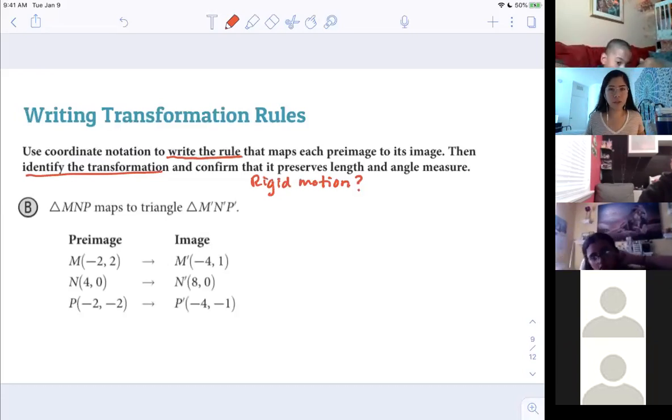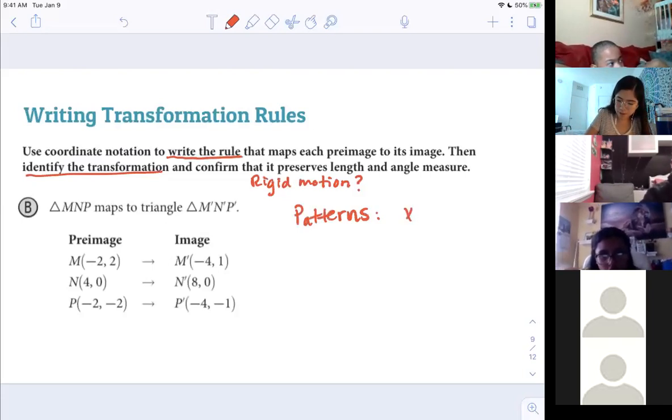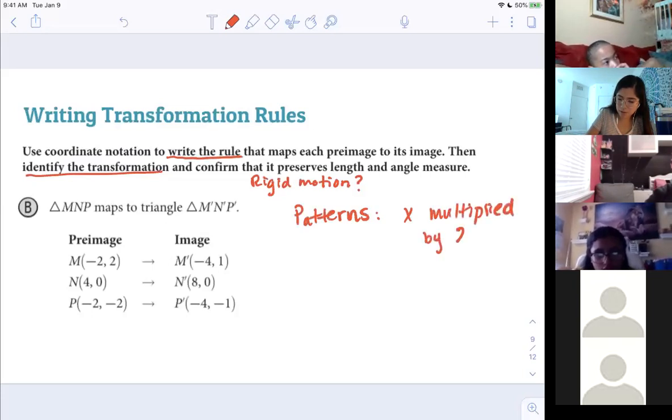All right, so let's see what's going on here. Patterns, what do we notice in the numbers? What happens to the x? It's being multiplied by 2. The x is being multiplied by 2, good. So x multiplied by 2. And for some reason, I think y is being divided by either 2 or 1. Good point. Okay, so because of the 0 there, it's kind of hard to tell because